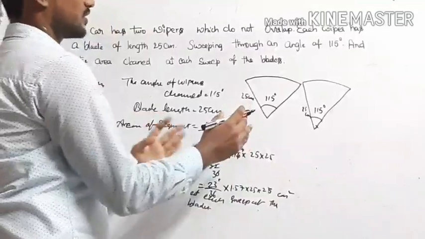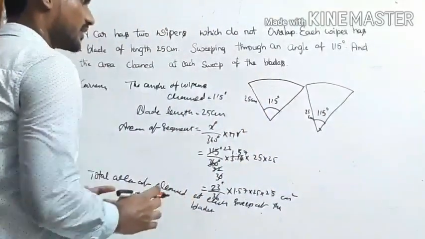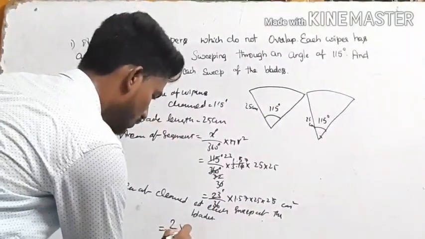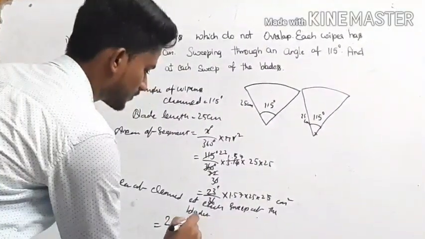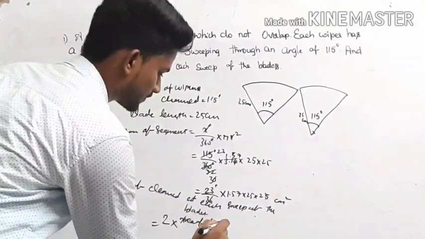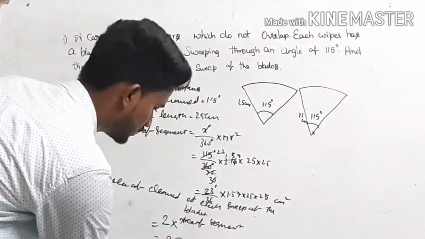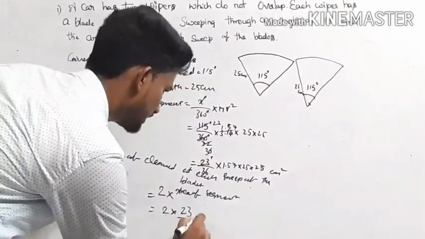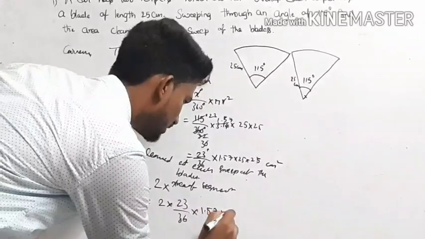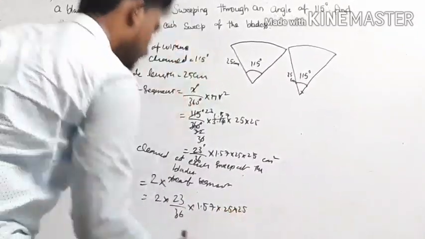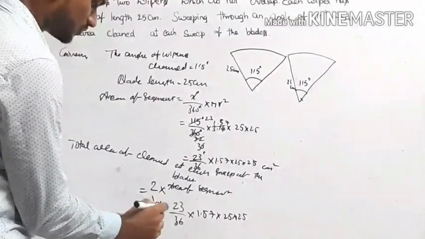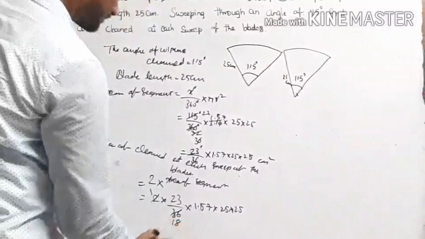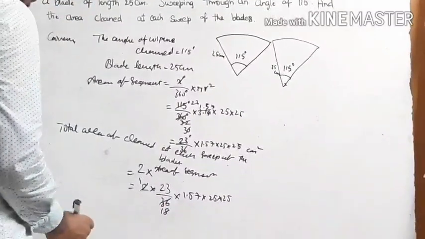We have two wipers, so the area of the segment is doubled. So total area equals 2 into the area of the segment. This is equal to 2 into the area of the segment, which is 23 by 36 into 1.57 into 25 into 25. Then by dividing with 2, 2 1s are 2, 2 8s are 16. And from this, we are